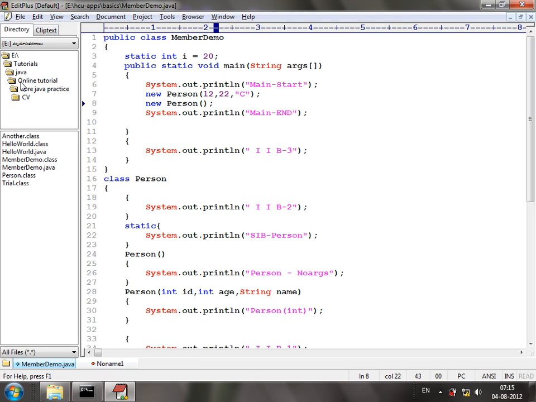So, first what I am doing? I am creating an object of the person class. If I am creating an object of the person class, first the person class constructor should be executed. But even before that, the instance initialization block should be executed. But even before the first execution, the static initialization block should be executed. So, the static initialization block is executed first, then instance initialization block 1, then the last instance initialization block, and